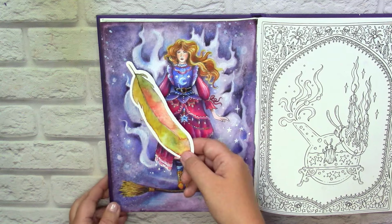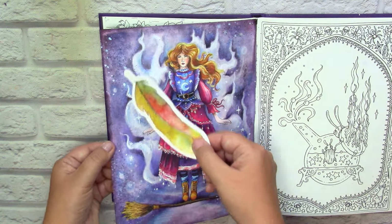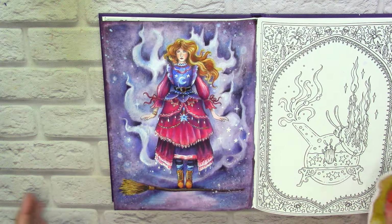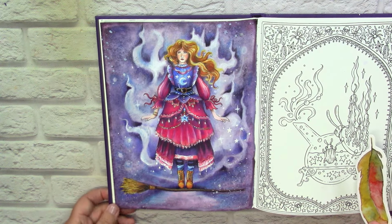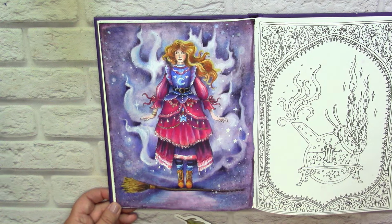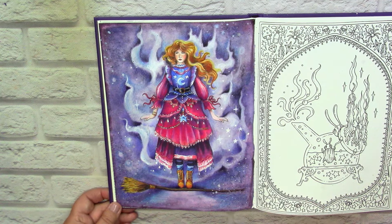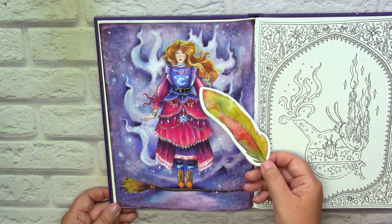In the end, I also sprinkled everything with shiny pearl blue here, and I think that it completed quite a magical background. To color the witch, it was an easy thing. It's Prismacolors. My only challenge was to select colors for her dress. I still don't know if the